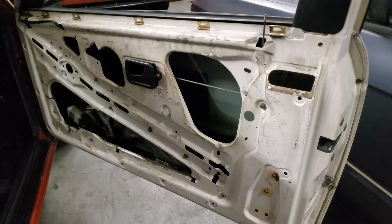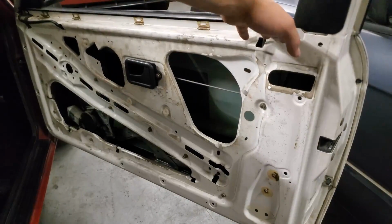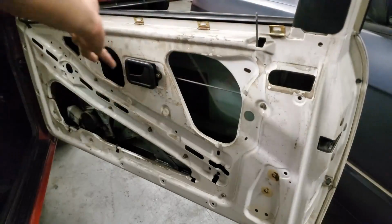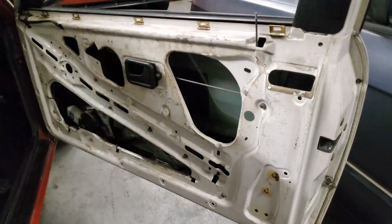So now, starting with the front, obviously the door card's already off, and it's basically the same process as the rear. You'll set it up, mark your holes, and then drill them. From doing this before, what I did was I actually used these hangers and kind of slid it on there, and then bolted it all up. And this actually isn't correct. So what you actually want to do is take out the